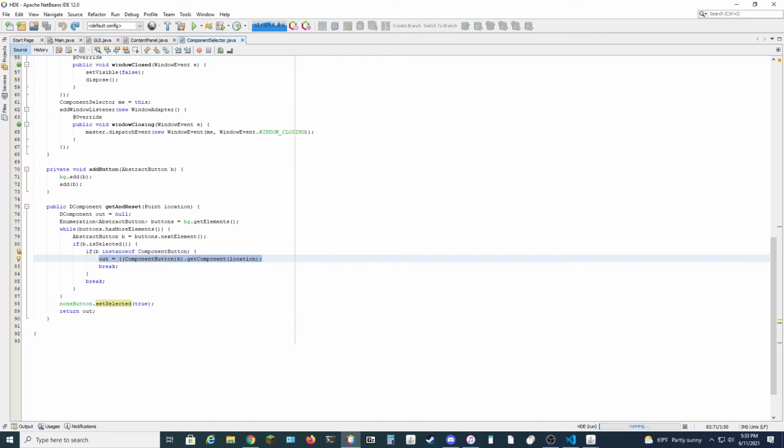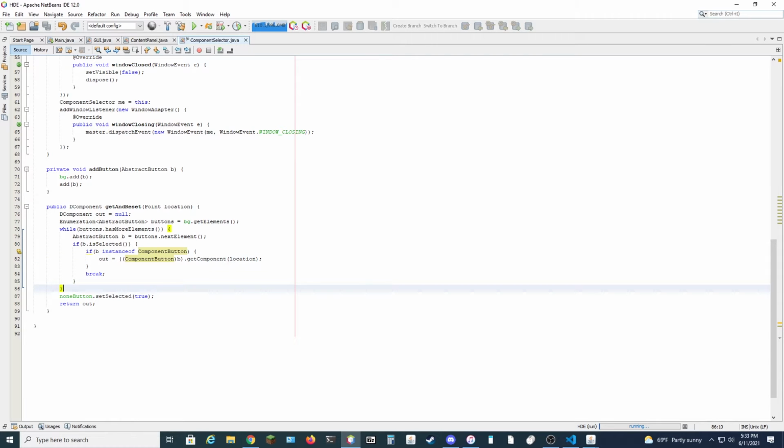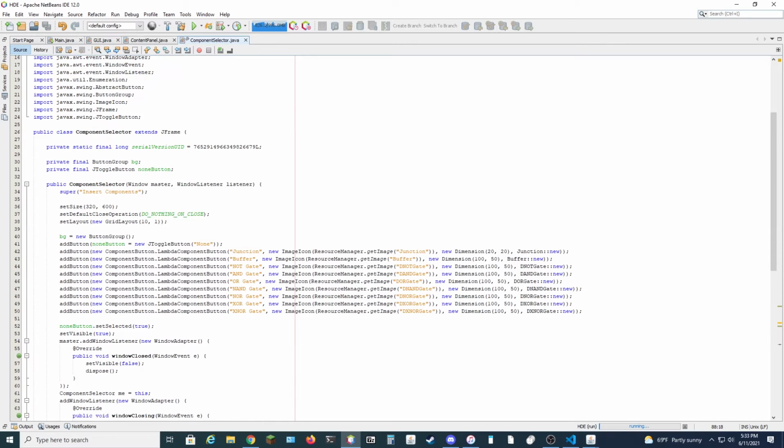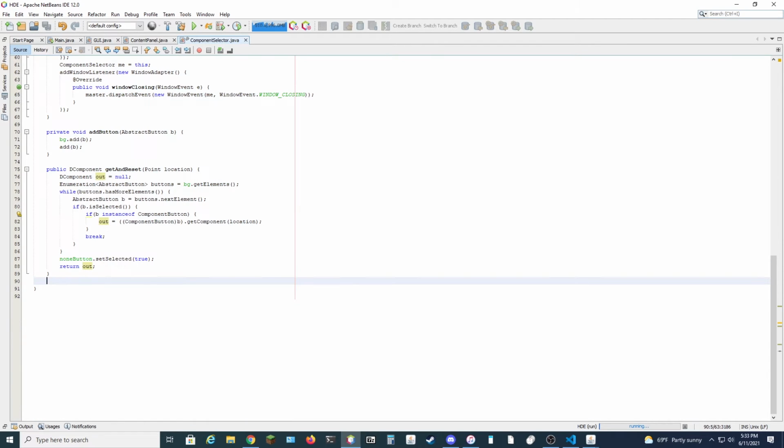And if we had received none button, then is selected would be true, but because none isn't an instance of component button, we'd just break and out would stay null. And actually, we don't need this line here because it will break in either case. So given that, we'll return that button, and that is the entire component selector